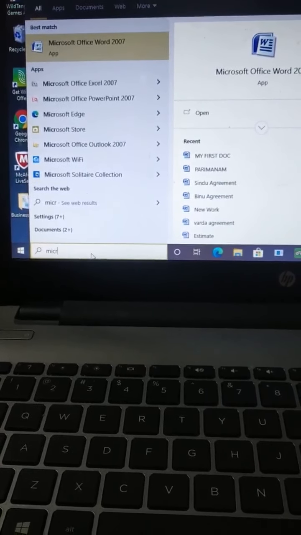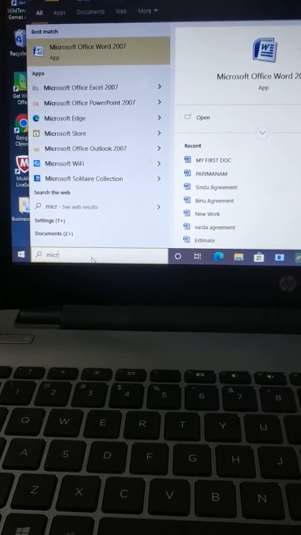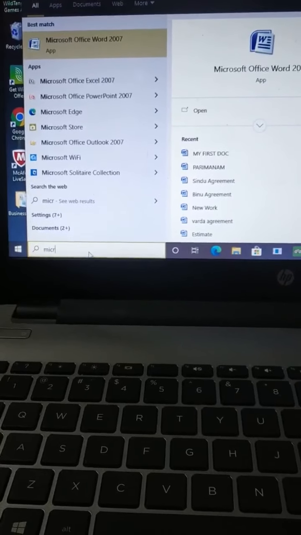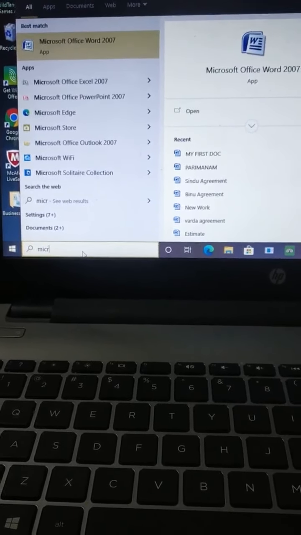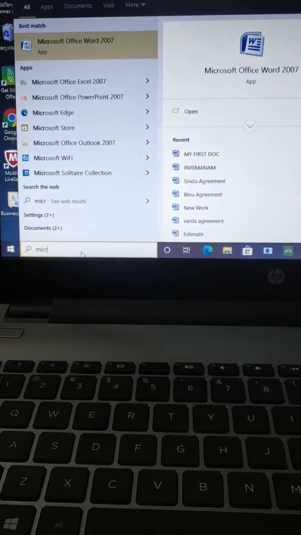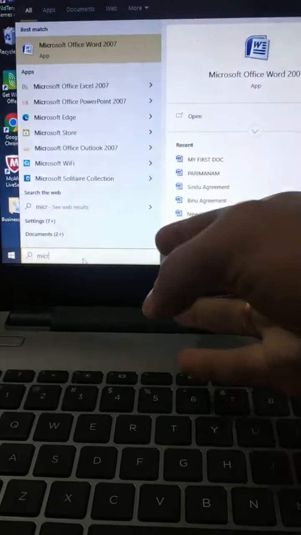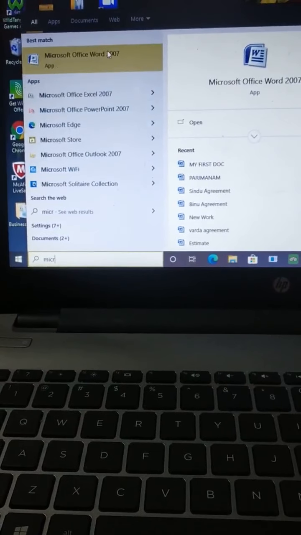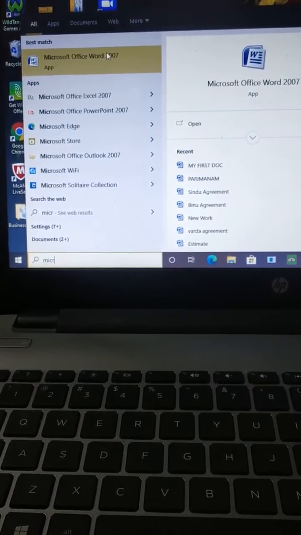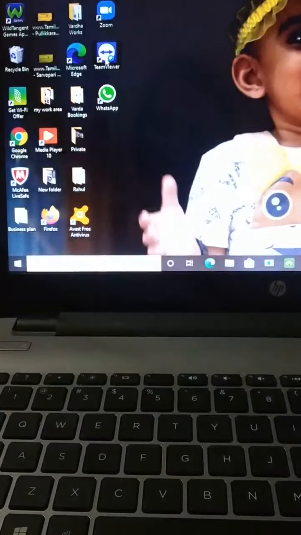So all these are packed in a package and we install that package in our computer system. When we install the Microsoft Office package, we get all those applications automatically. And we want Microsoft Office Word, so we are going to open that.